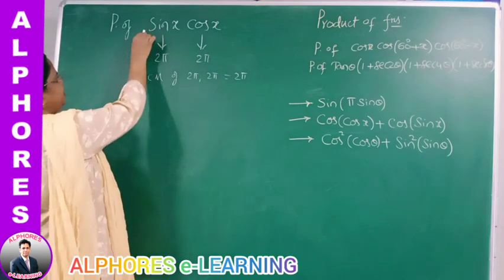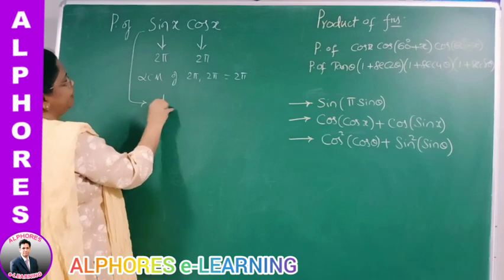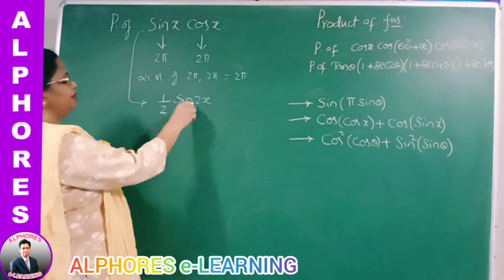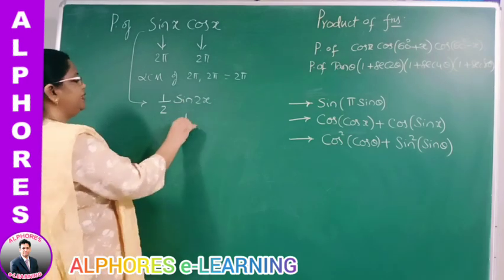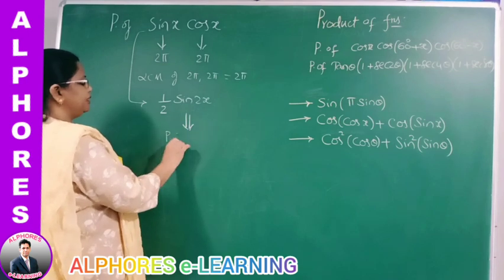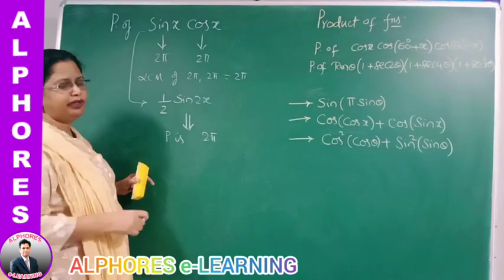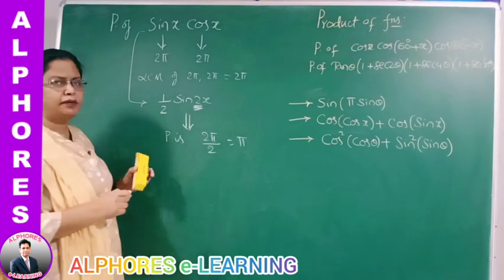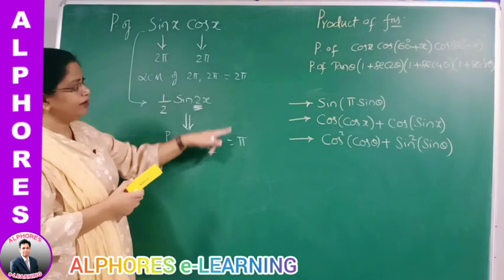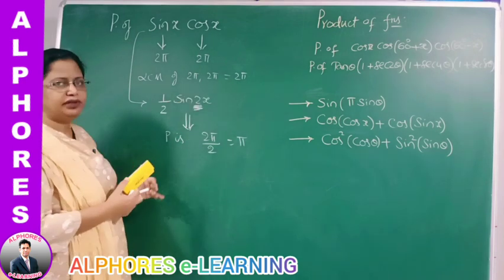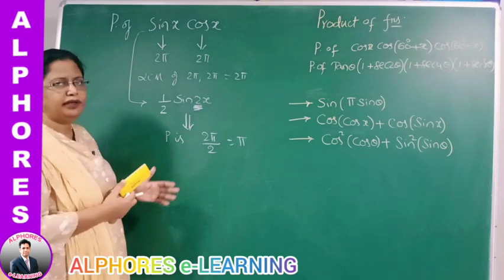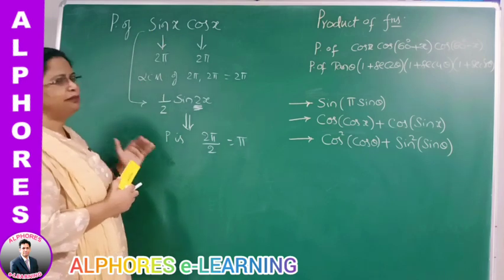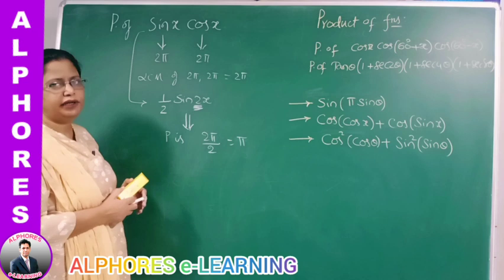Okay, so now this is a known formula. What is the known formula from multiple and submultiple angles? It is nothing but half sin 2x. Now once it is half sin 2x, what about the period? The period is 2 pi, the actual sine period, divided by the x coefficient, that is 2, which gives the value pi. That means 2 pi you got here, pi you got here. What is our conclusion, students? The fundamental period is pi. That's why whenever a product of functions exists, to the maximum extent you have to simplify it,